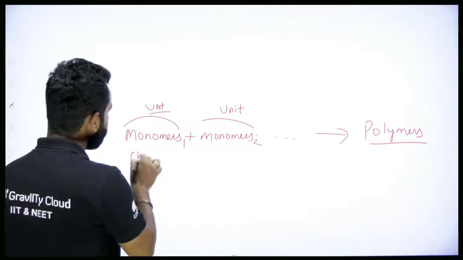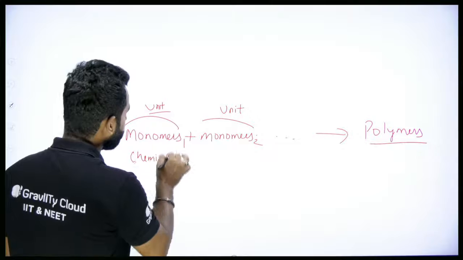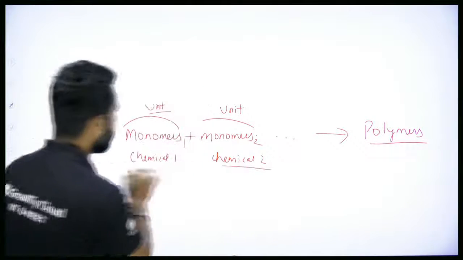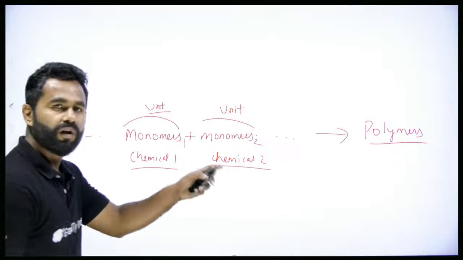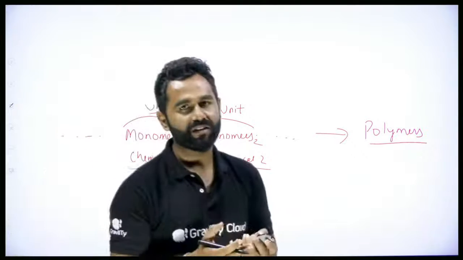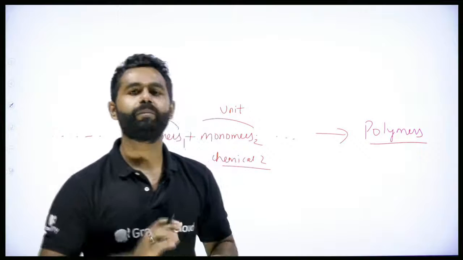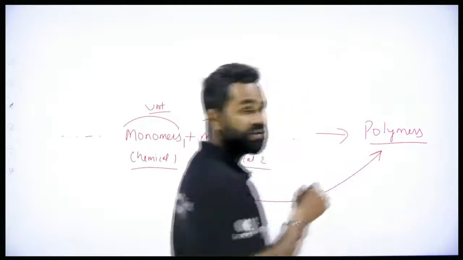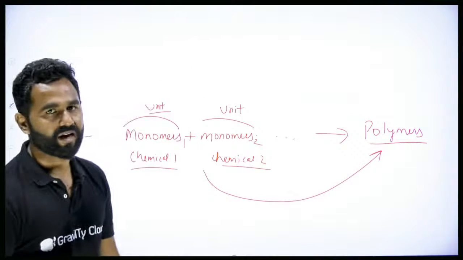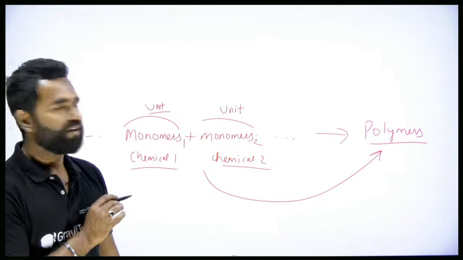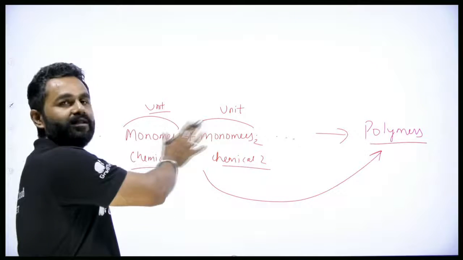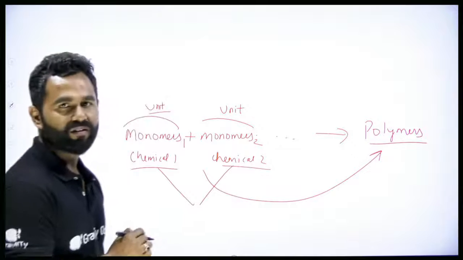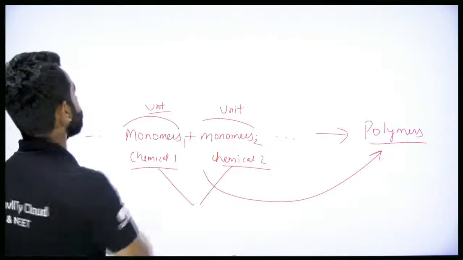So let's say I have chemical 1 and chemical 2. They combine by reaction. And upon the reaction what will happen? They will give rise to another unit which is called a polymer. So what are these chemicals 1 and 2? They are called monomers. So in the case of nylon,